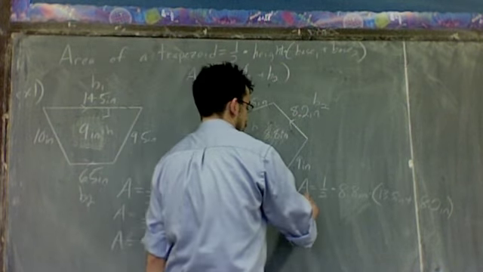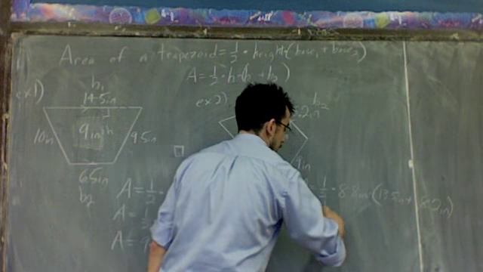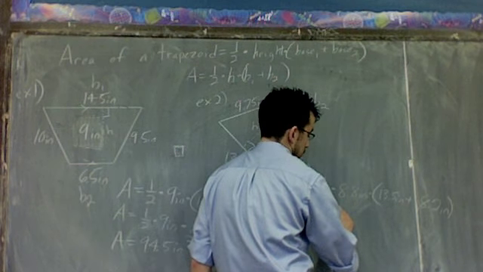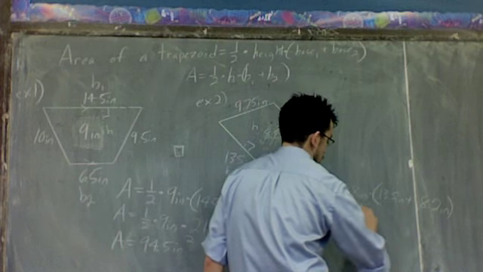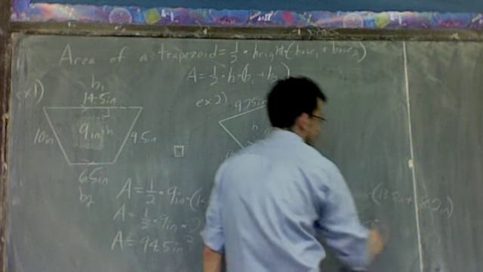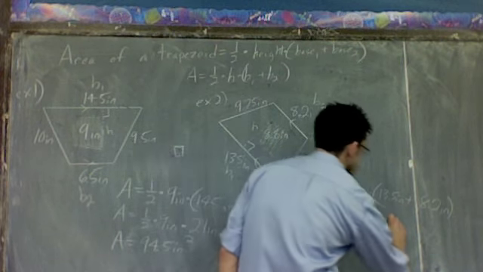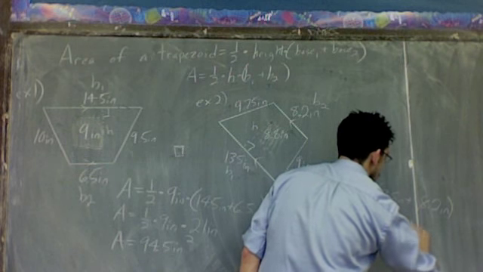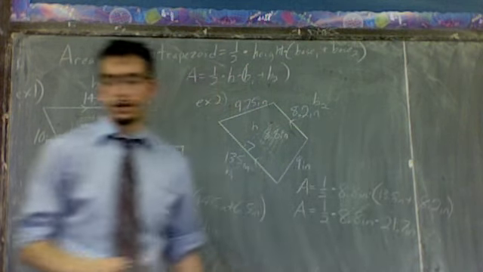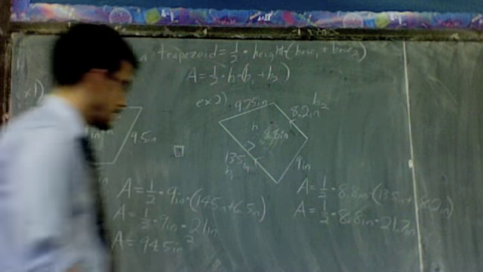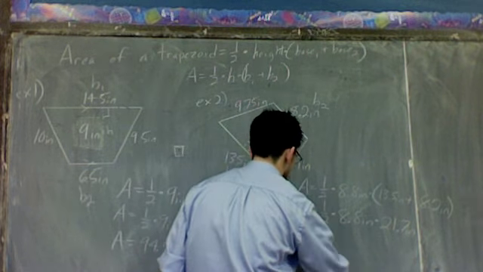And now all you have to do is simplify. A equals 1/2. And if you want to multiply this half here, you can. I don't usually do it. I'll just do it in one step. 8.8 inches times, let's see, 13.5 plus 8.2. That should be 21.7 inches. And we'll go to the calculator for that. Let's see, 0.5 times 8.8 times 21.7. And we get 95.48